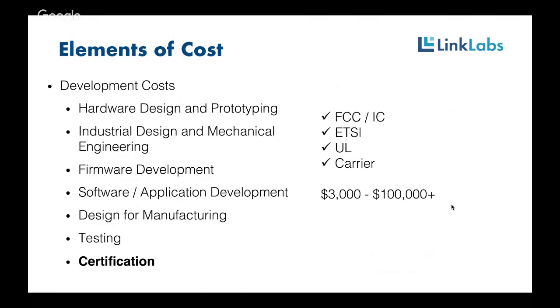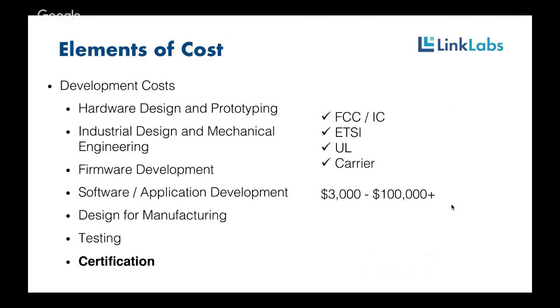And then certification, we're talking about wireless systems. Those are governed in the US by the FCC, in Canada by IC, in Europe by ETSI, and every country has a regulatory body that handles the wireless spectrum and interference issues in those countries. And then you also have UL certification, which is an optional certification for safety devices or devices that plug in. It's mostly for keeping things safe from fire, damage, etc.